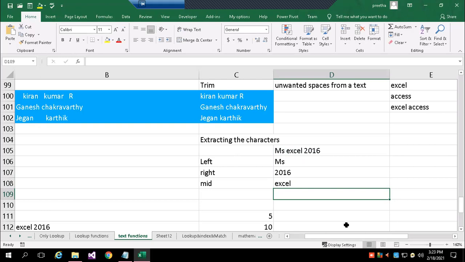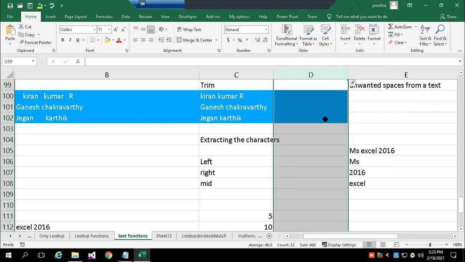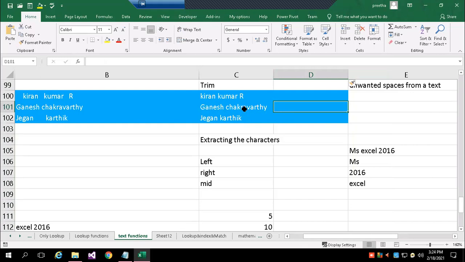This is for extraction. So you may have to extract some characters from one name. For example, I want to write here from this text. I just insert one column. I want G Chakravarti. From the left side, the first letter G I want, then Chakravarti.